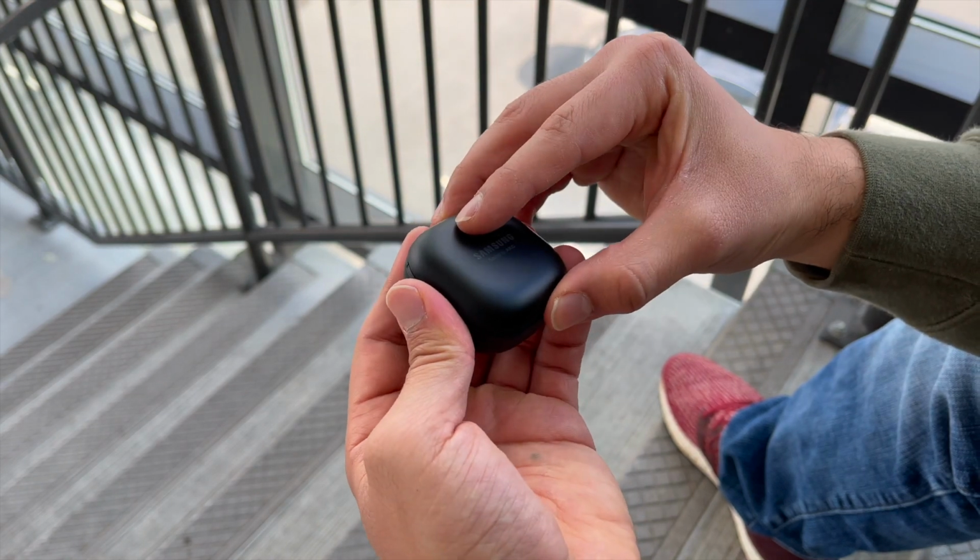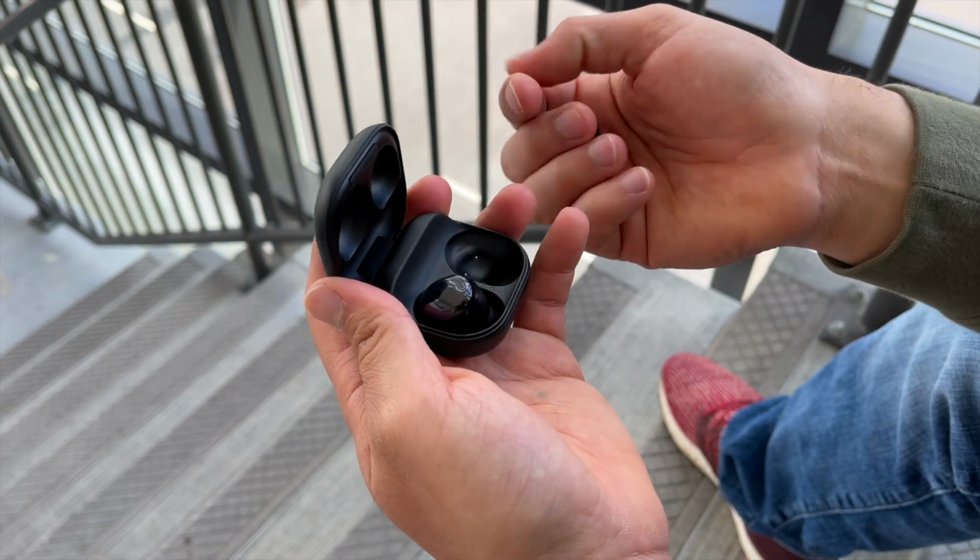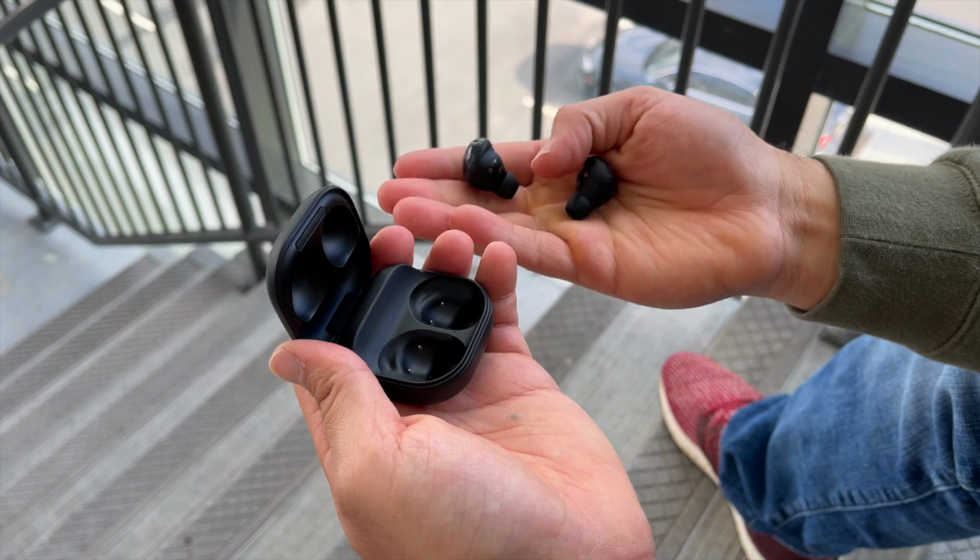So the Galaxy Buds Pros have been out for a few weeks now, and they just got their first major firmware update from Samsung. Now, Samsung claims that they improved the active noise cancellation, ambient mode, and voice detect feature on these earbuds. And I gotta say, yeah, the active noise cancellation on these earbuds does perform a little better. Specifically, the ANC on the Galaxy Buds Pro is going a little harder at those constant low frequency sounds,